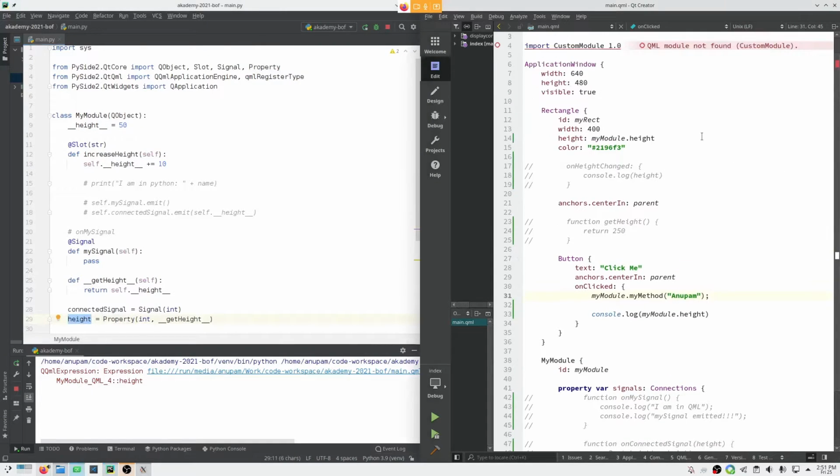We are using this value here, so from the initial looks of it, height is set to myModule.height, and when I click this button, it should call myModule.increaseHeight, and increase height should set the height value to +10.